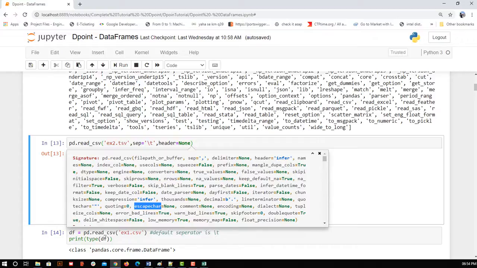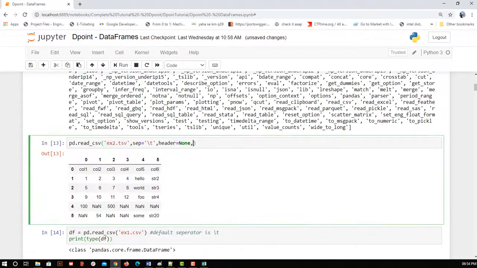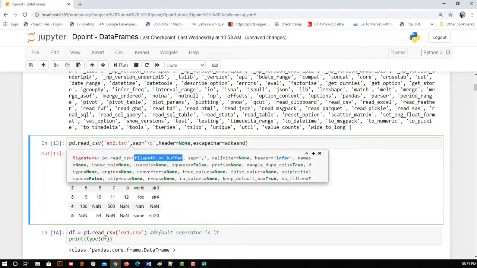I'll simply write the parameter name and then its value. But here I didn't mention any parameter name, I simply sent a value. So how does that work? If I click on shift tab, you can see the first parameter is file path. If I don't give the name, the values will be assigned in sequence.